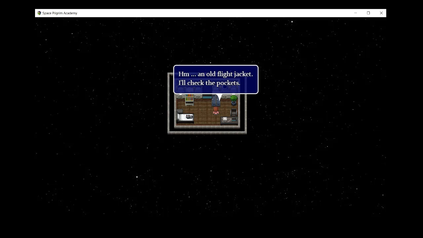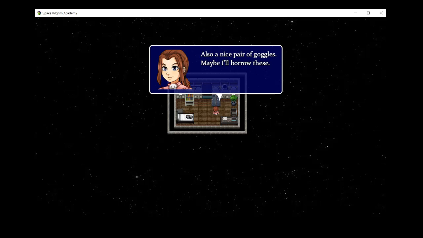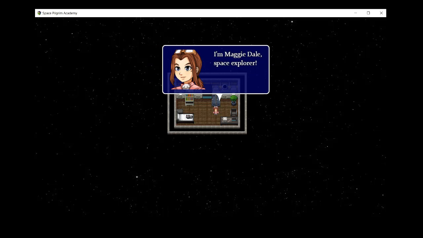An old flight jacket. I'll check the pockets. Bingo! One access card. Well, now we know what to do. Also a nice pair of goggles. Maybe I'll borrow these. So Gail...